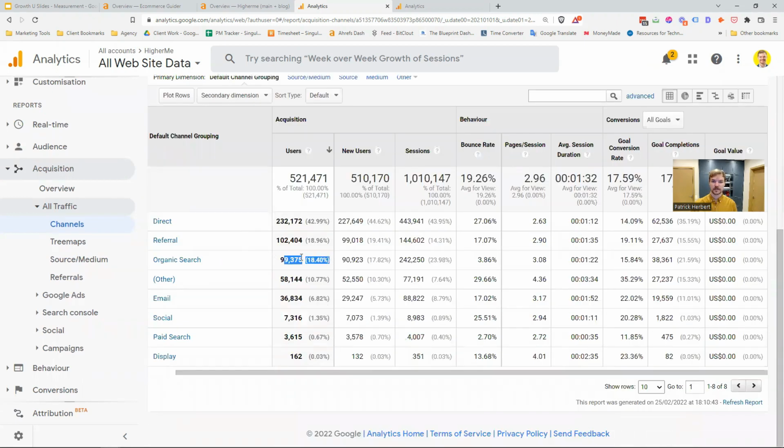the number of searches that come through organic traffic, nearly 100,000. We can see that the bounce rate was 3.86%, incredibly low, great bounce rate. The average session duration was about a minute and a bit. It's not too bad. And you can see the goal conversion rate for all the goals that we have set